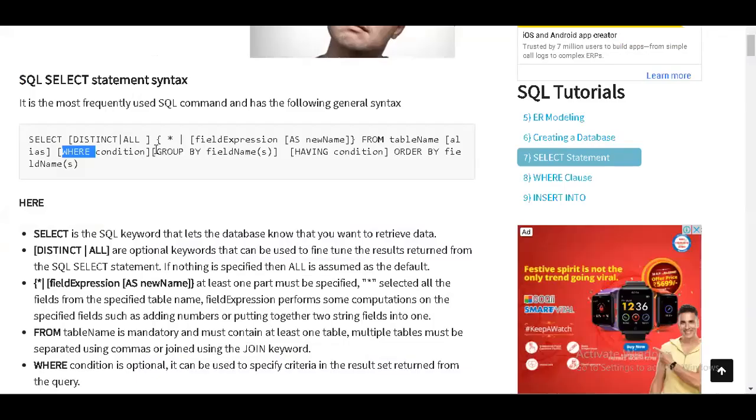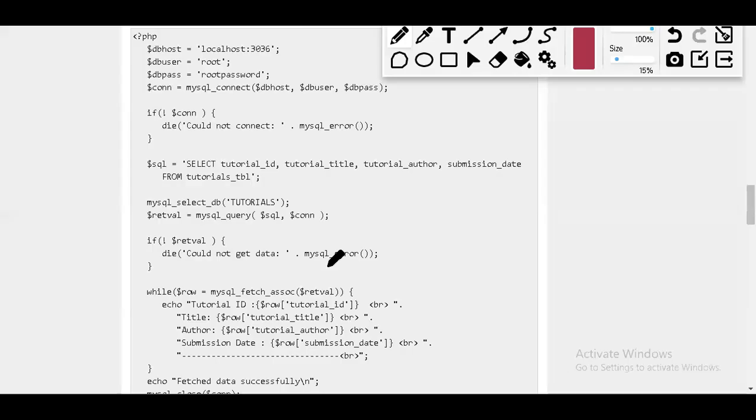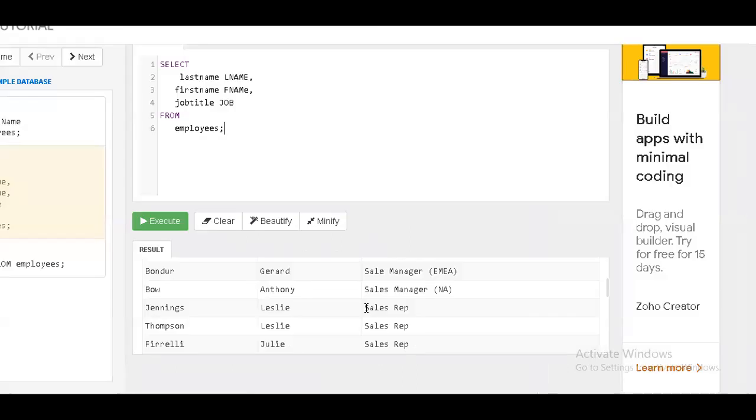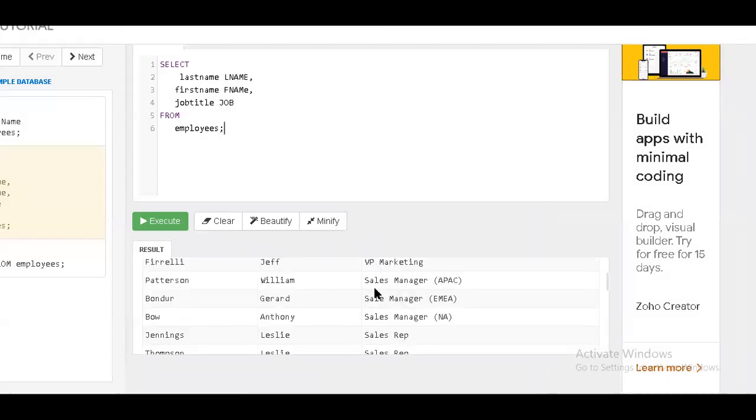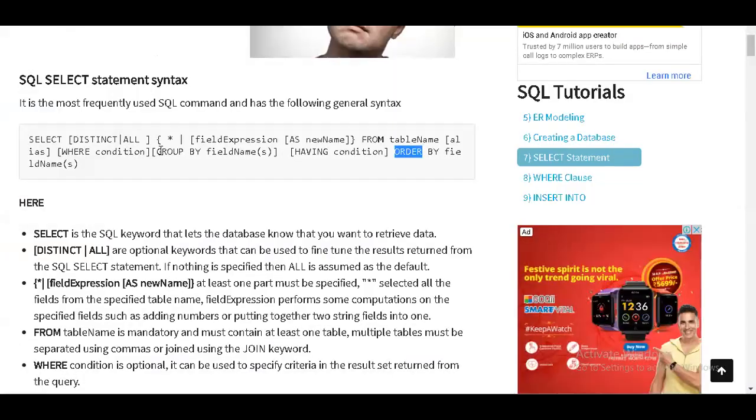Then you want to group it or order it. That means you want to sort. So if you want to combine or sort it out, combine in the sense like here you have the sales representatives, how many people are there? I want one group. Sales manager, one group. Okay. Then VIP is one group. Like this, if you want to go with that, then I'll be using something called group by. Okay. Then order by for the sorting.